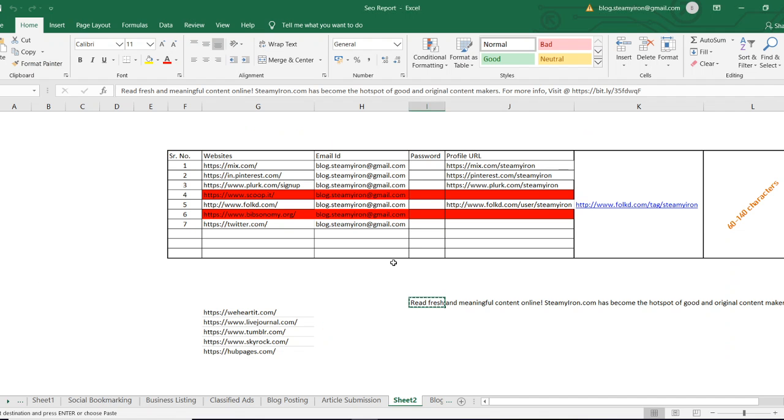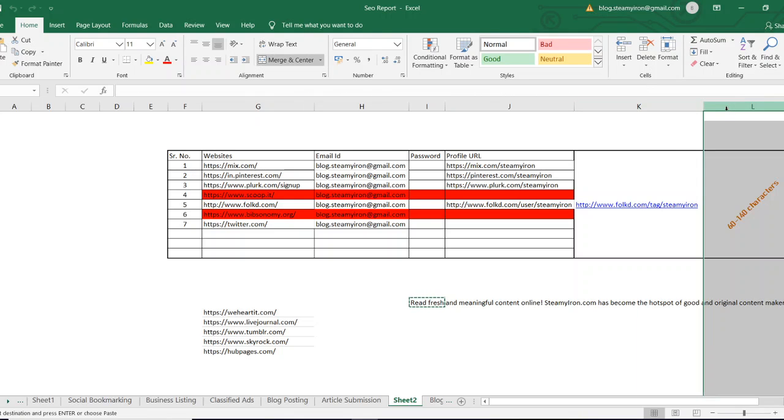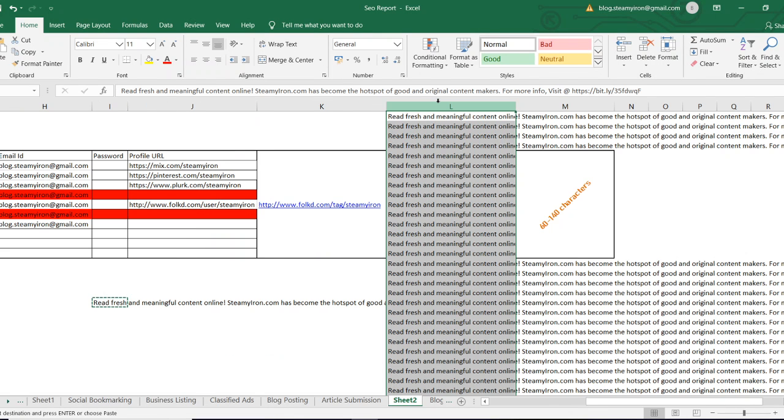Now I'm going to my sheet. Control plus. All right.